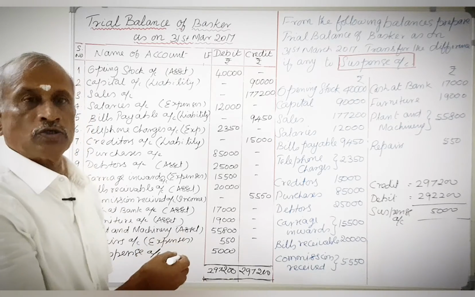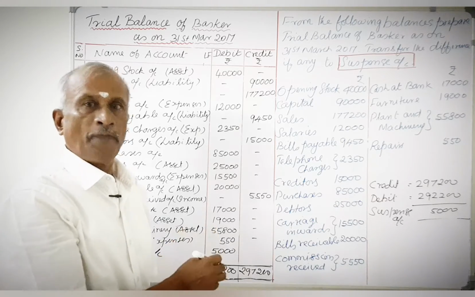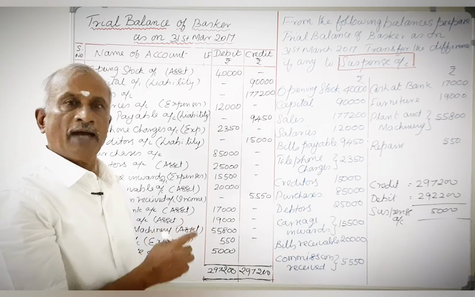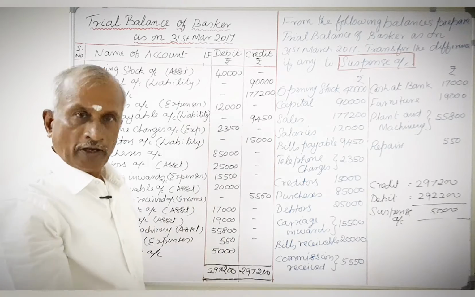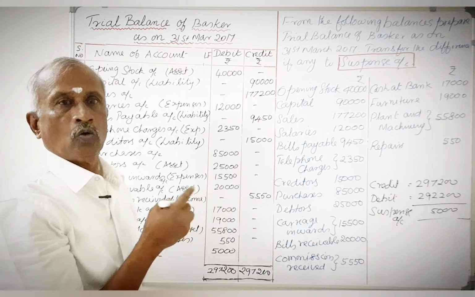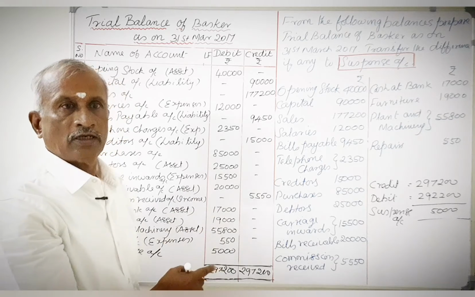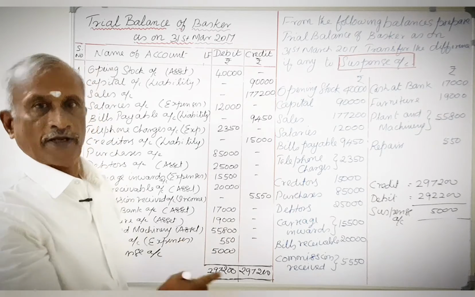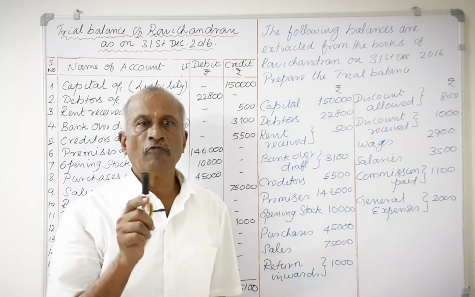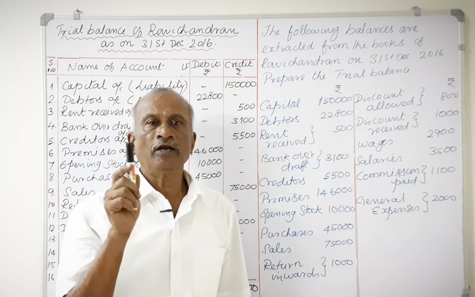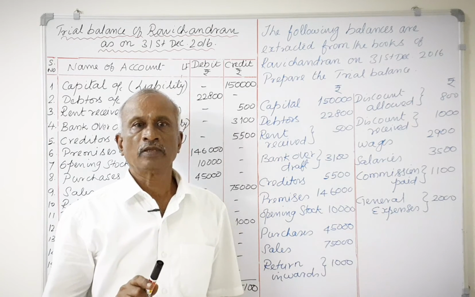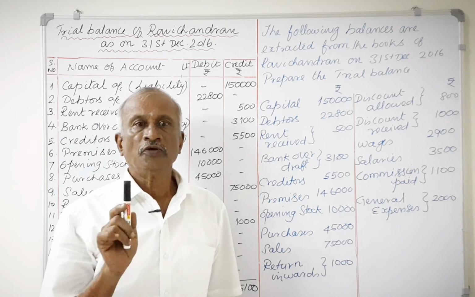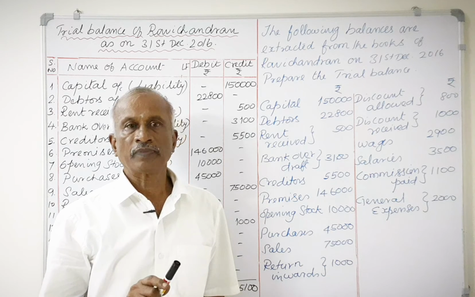So suspense account is an account opened to tally the trial balance. It is an imaginary and temporary account open to tally the trial balance, and it is closed when the errors are located. I hope you have learned how to prepare a trial balance clearly and the use of suspense account when the trial balance doesn't agree.